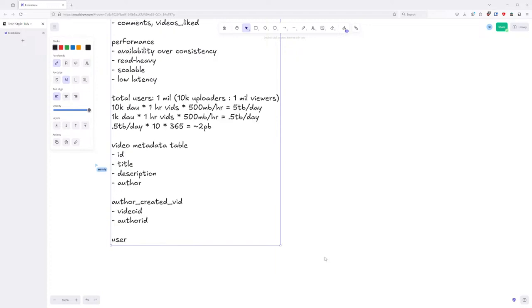And then for the user metadata table, we'll still have the user ID and username columns, and some other metadata like the region and language.